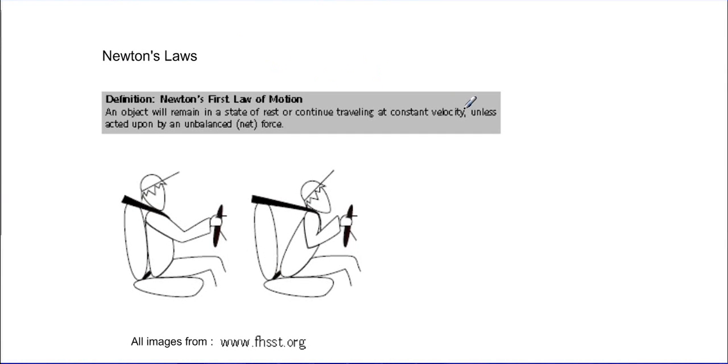Today we are looking at Newton's three laws. To begin with, Newton's first law of motion says an object will remain in a state of rest or motion in a straight line unless acted upon by a net force. An example is given in a diagram here, and all images are taken from